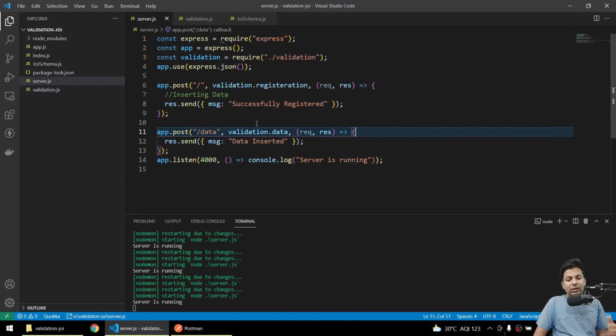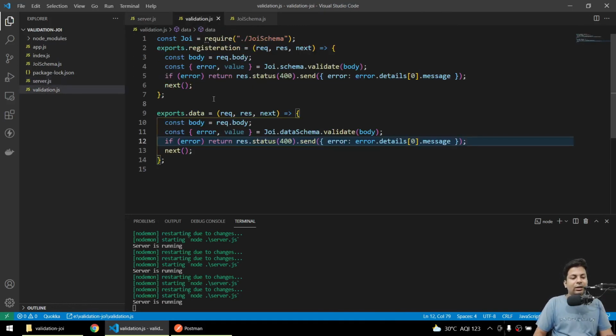We'll have a server, and apart from that we can add routes, then controllers, that's another part, but we can put the schema and validation in a different file. Everything will be cool. So yeah, that's it for this validation of your Node.js application or whatever data is coming. So yeah, that's it in this part guys. Thank you.